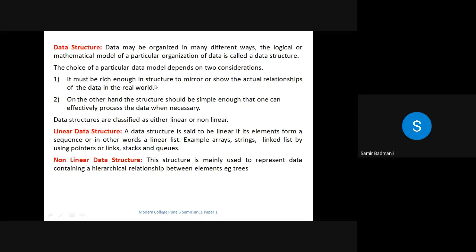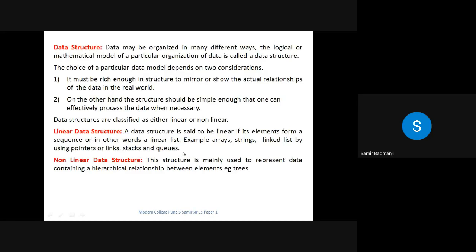Now we'll see the different types of data structures. They are classified into two, linear and non-linear. Like the name suggests, linear means in a sequence. So we have seen arrays and strings. A data structure is said to be linear if its elements form a sequence, or in other words, a linear list.